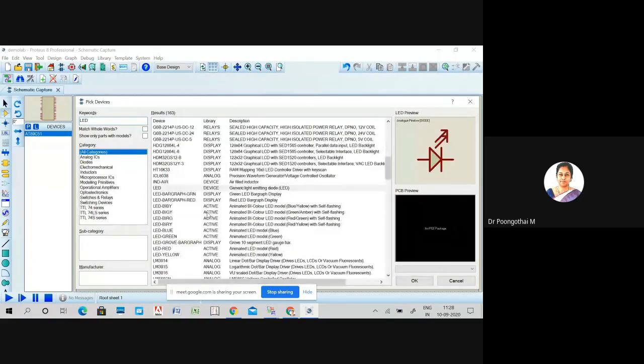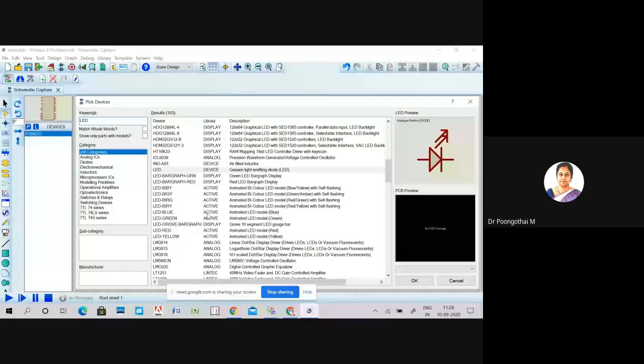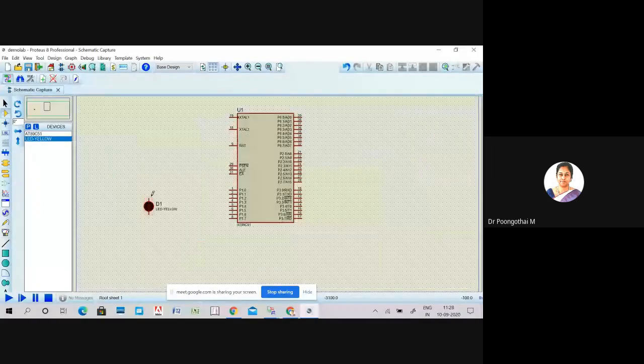Here I am selecting LED yellow. Place it here and connect each component by clicking at the start and end nodes. Connect this end to your P1.0 and you have to ground the LED.